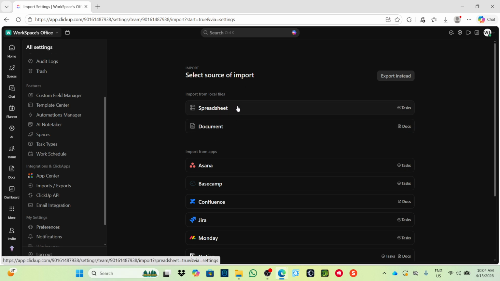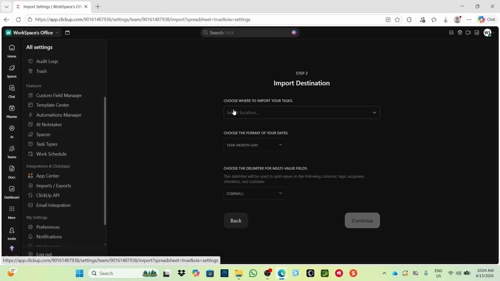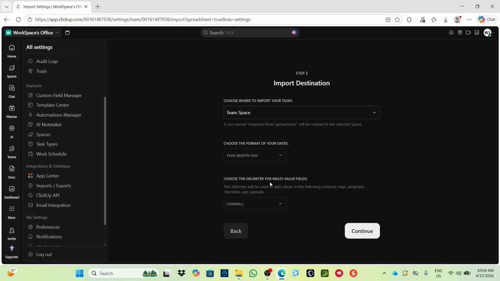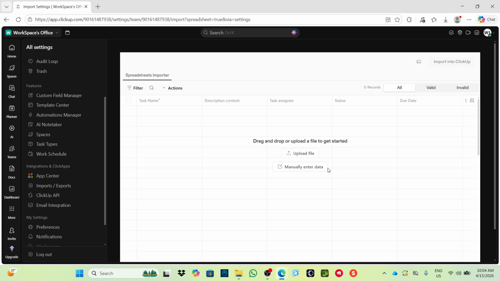This is where we'll be able to import our Excel file. So we're going to select a location, choose a format, and then choose the delimiter for the multi-value fields. After that, continue. Then we're going to wait for a few minutes for ClickUp to load right here. Once we see this, we can either manually enter data, but our video is about importing an Excel file. So click on Upload File,